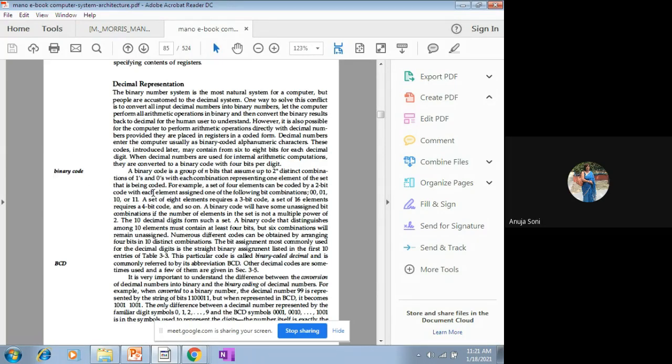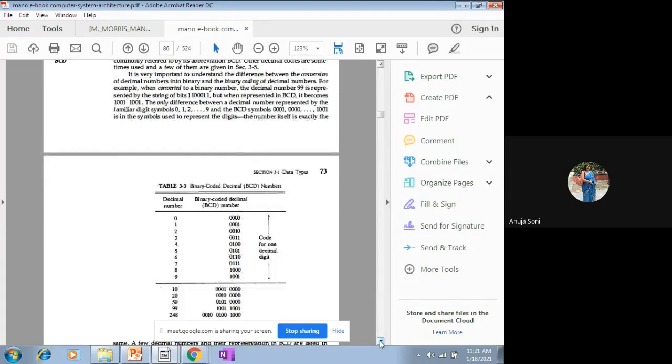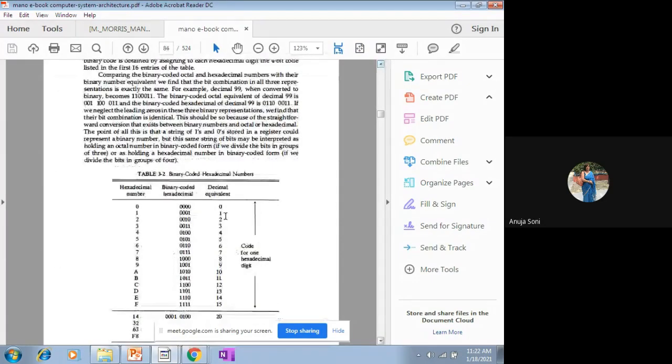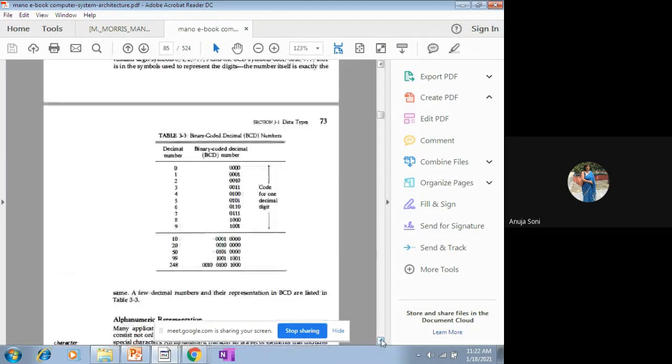And if you have been asked to convert a number into binary form using the BCD series, in that case you have to place the corresponding combinations of these decimal symbols from this table in order to get the resultant value in BCD form. From the previous table, the binary coded hexadecimal table, if we extract only the first 10 values, from 0 to 9, these 10 values will work as the BCD series, the BCD table.